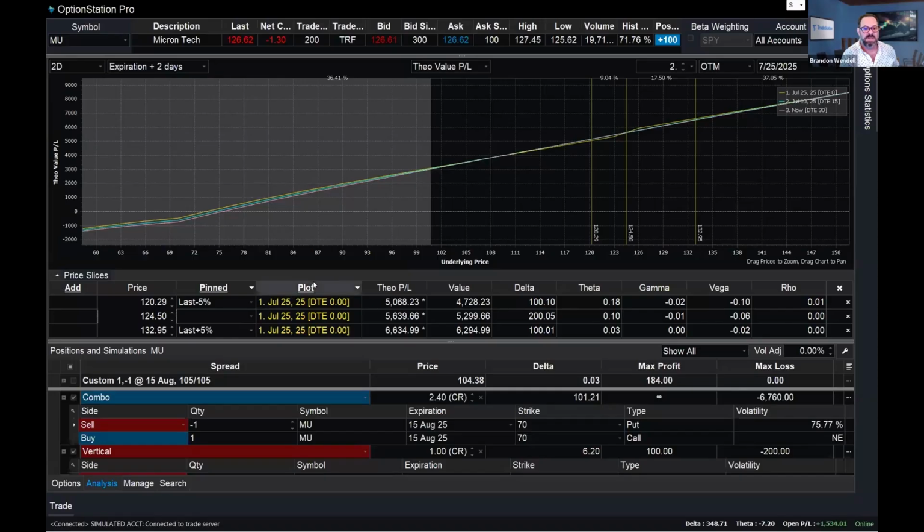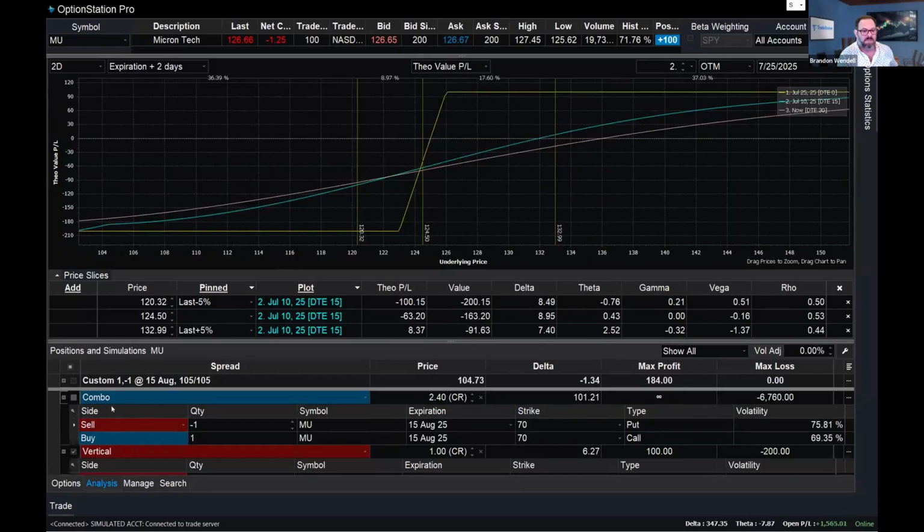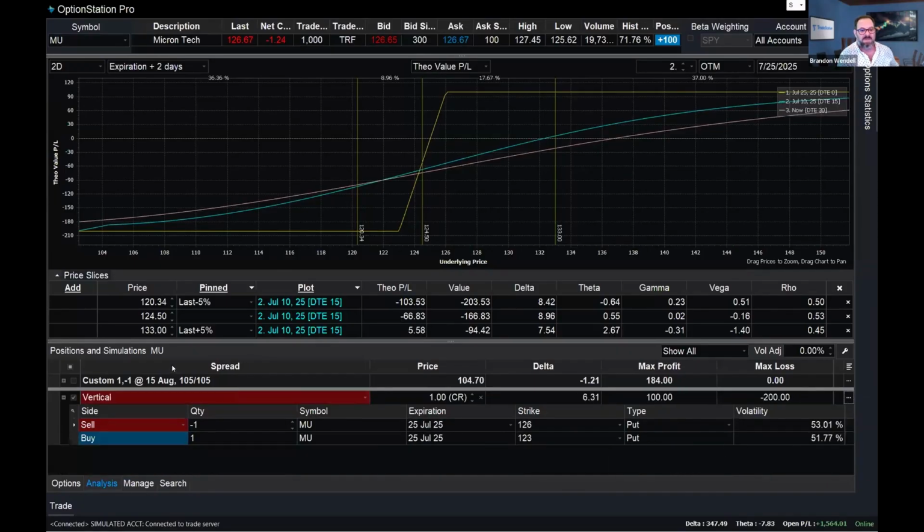Now, I'm not going to use the 0 DTE because I might actually hold it to then. But let's say we just go halfway through the trade because it's 30 days to expiration. Did that adjust right? Oh, no, it did not. I have another position I was analyzing. There we go. Let's close that. Got to be careful because sometimes it shows too many positions. There it is, 126, 123. So I would have a loss of $65.